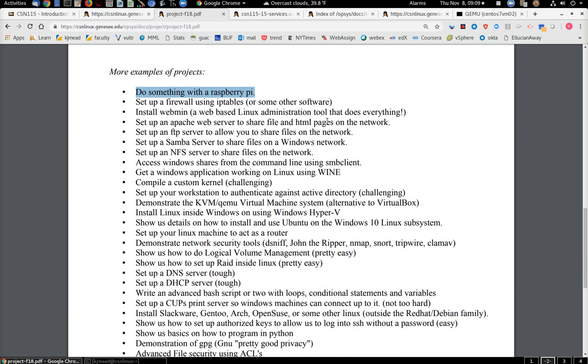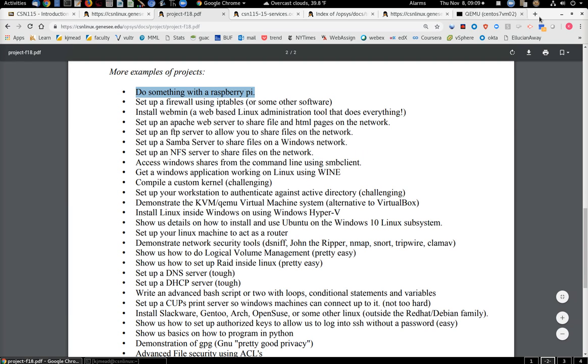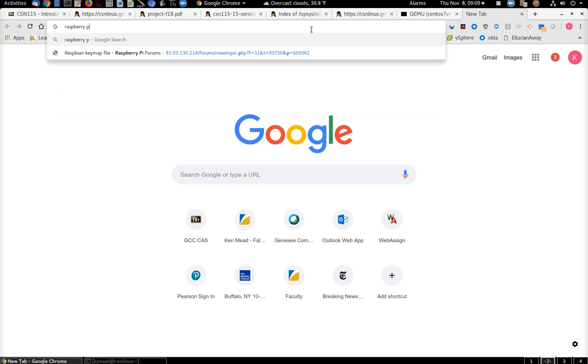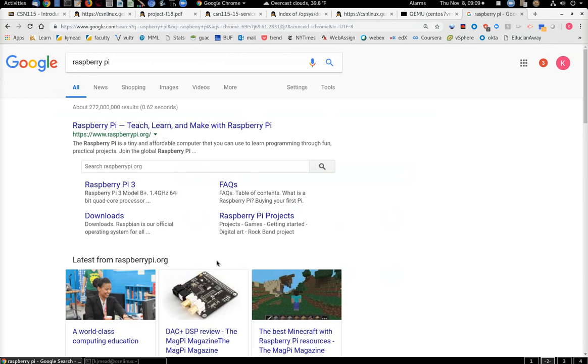Number 1 on the list is do something with a Raspberry Pi. I've had lots of cool projects with Raspberry Pi. Actually, the library at GCC has Raspberry Pis available. And if you're asking yourself, what's a Raspberry Pi? Well, a Raspberry Pi, see if I can bring up a picture, is a little